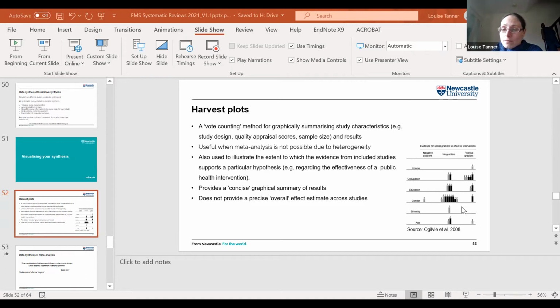And you can depict the direction of effect of the evidence: studies that showed a positive effect of the intervention on an outcome, studies which showed no effect, and studies which showed a negative effect. So this is summarizing the direction of effect and also the characteristics of included studies, but it's not providing an overall effect estimate. So there's a lack of precision because you're not providing a mean overall effect estimate across the different studies.